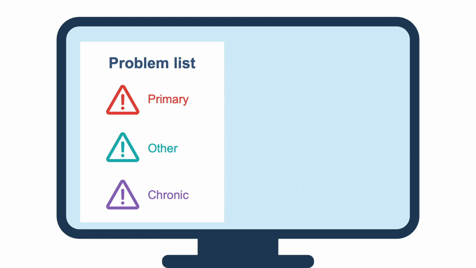The first problem should be the most severe diagnosis, even if it is not the main problem that prompted admission. This helps us draw attention to and spend the most time on this diagnosis. After this, list any active medical problems. By this, I mean medical problems that you are actively intervening on during this hospital stay. Finally, list the patient's chronic medical problems that need to be noted but may not be actively managed during their